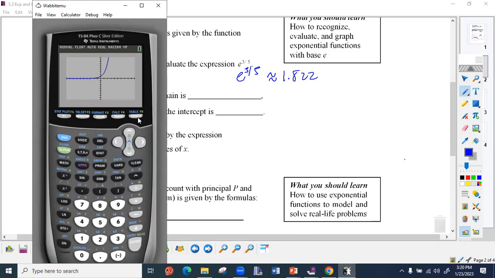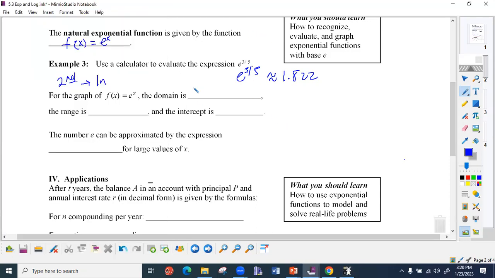So what's the domain and range here? What's my domain? Negative infinity to positive infinity, because it goes forever to the left and forever to the right. And my range starts where? At 0. 0 to infinity and beyond. So we write our domain, negative infinity to positive infinity. Our range, 0 to infinity. And our intercept is still at